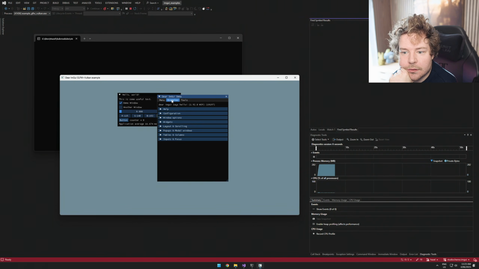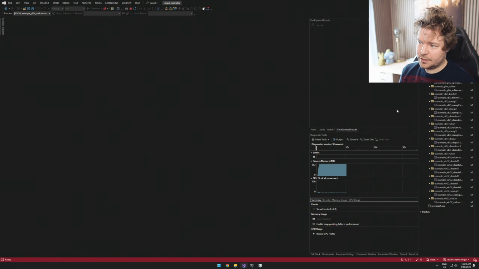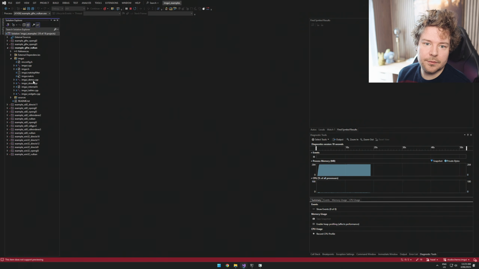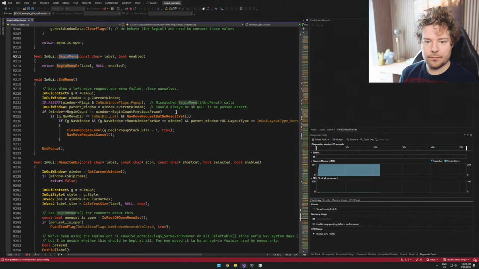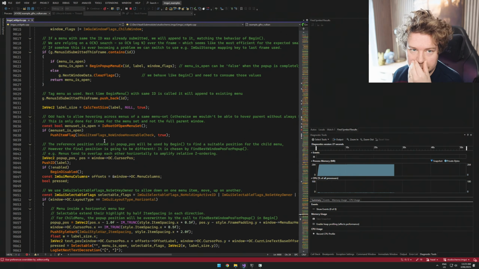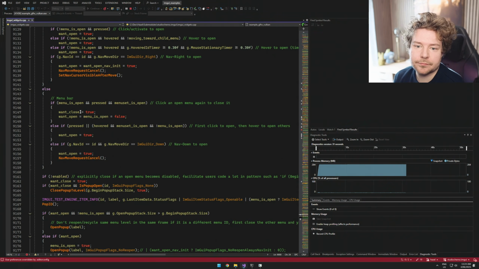Yes. So if we have a look at why does it not have, there's ImGui, it's in all of them. If we have a look at this,